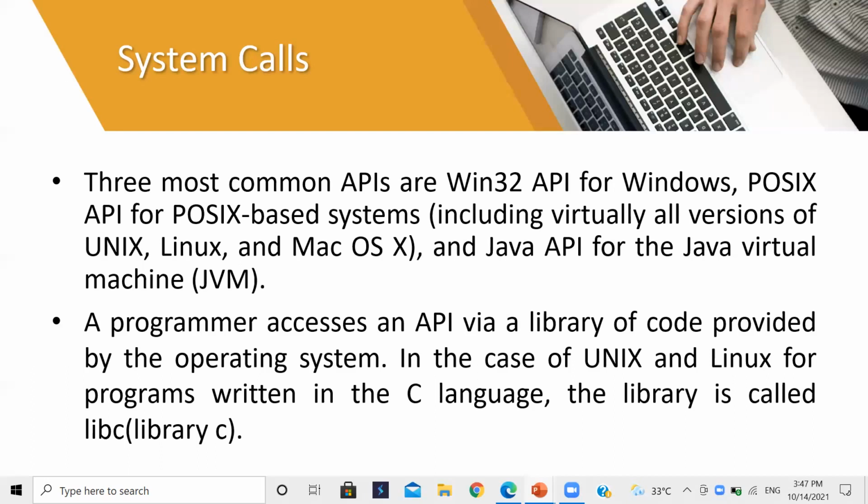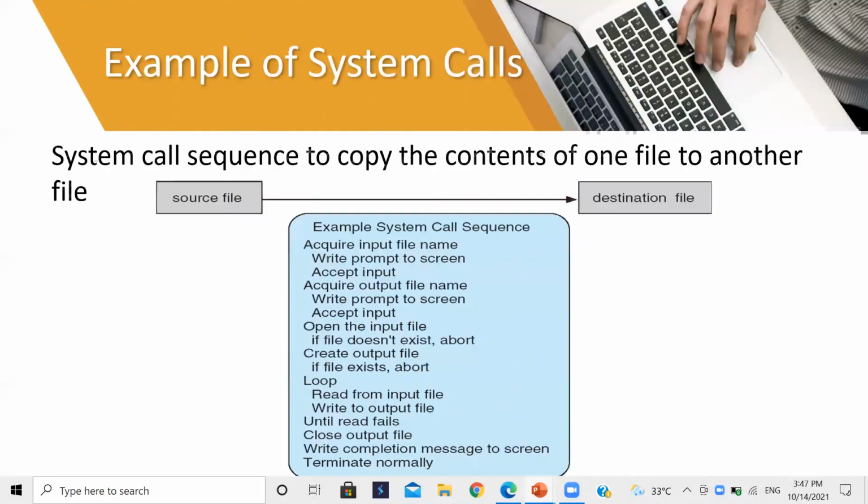In the case of Unix and Linux, for programs written in C language, the library is called libc. It is used for Unix and Linux programs written in C language. We use this library, libc, for system call calling. And coming to the next slide, we will see